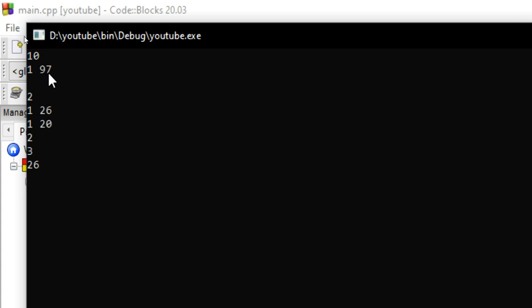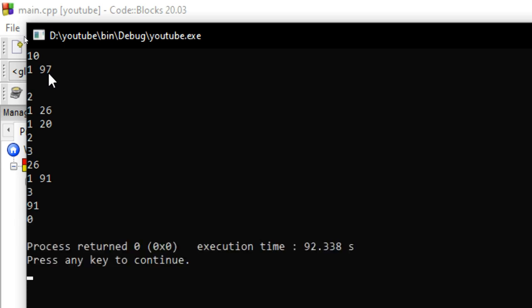Yes, guys, our code is running well. And again it is storing 91 in the stack. After that we want to print the maximum element in the stack, and we get 91. That is true.